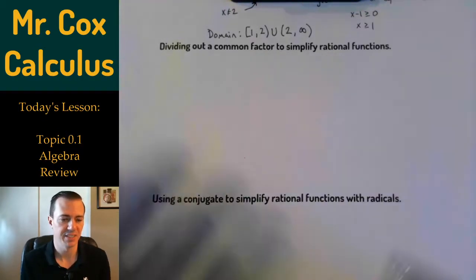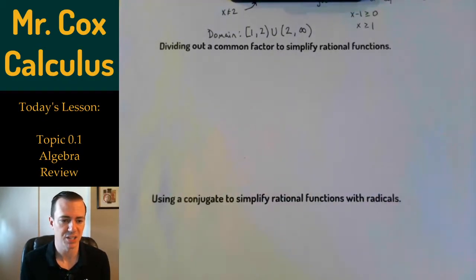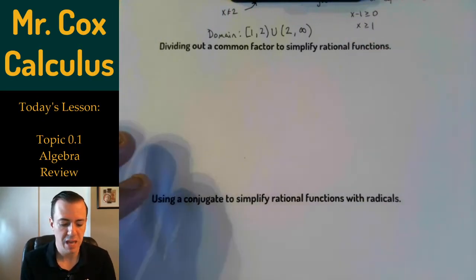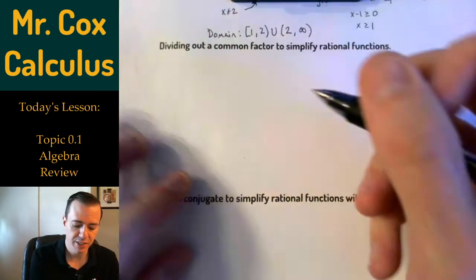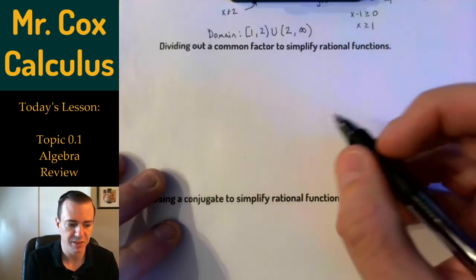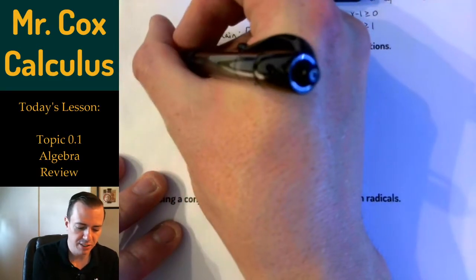We saw in some previous examples that sometimes when we have a rational function, the numerator or the denominator or both will be able to factor, and we might be able to rewrite or simplify a function. So let's go ahead and look at what happens when we are able to divide out a common factor. So let's consider the function